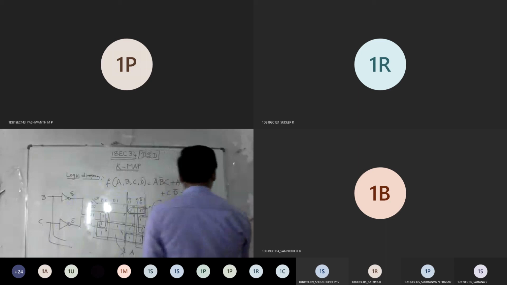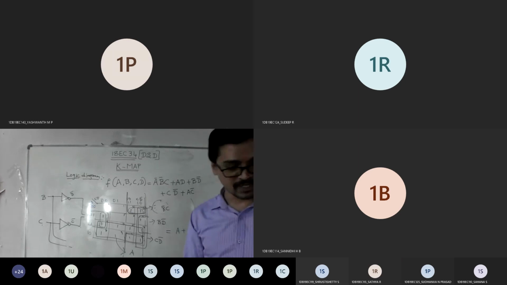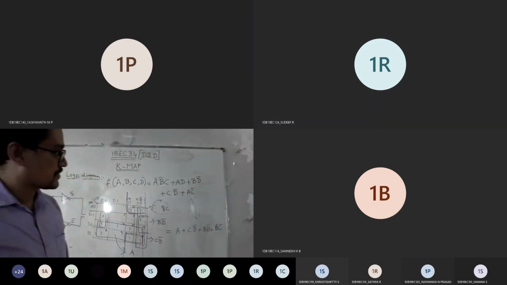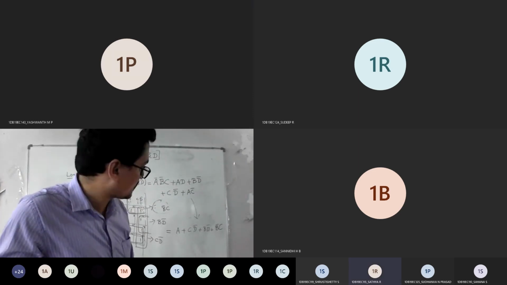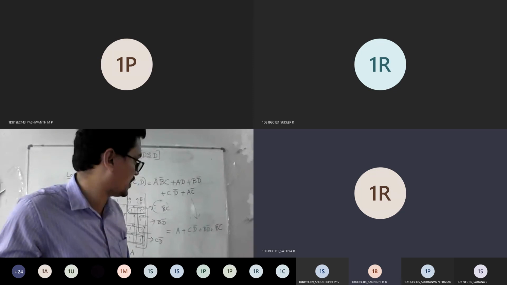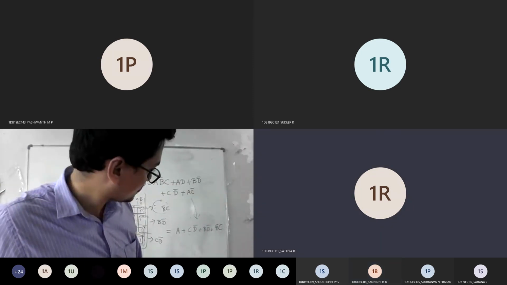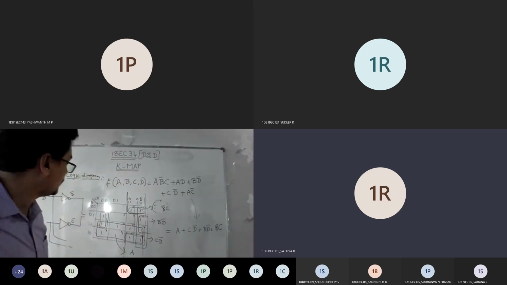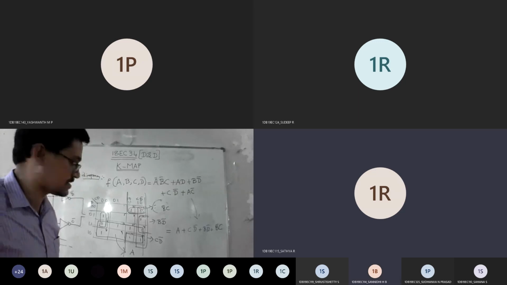Okay, now listen. So what we wrote here, we got an extra term B bar C. Now check whether any possibility is there for further reduction. Sir, CD bar we can remove, sir. CD bar, you can remove. How? Sir, we have used all the ones, sir. You can remove that quad. CD bar. Repeat. You used all ones, sir. Yes.